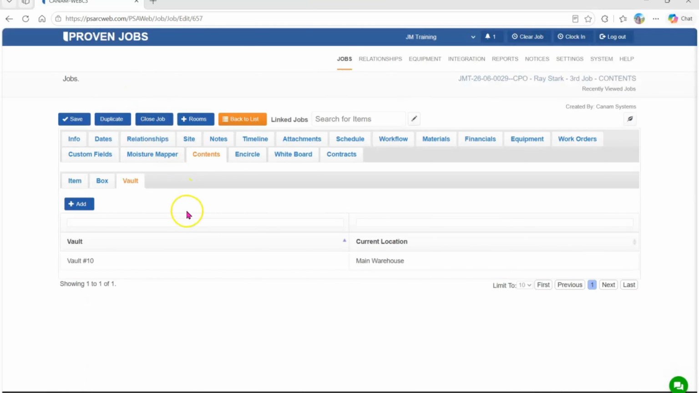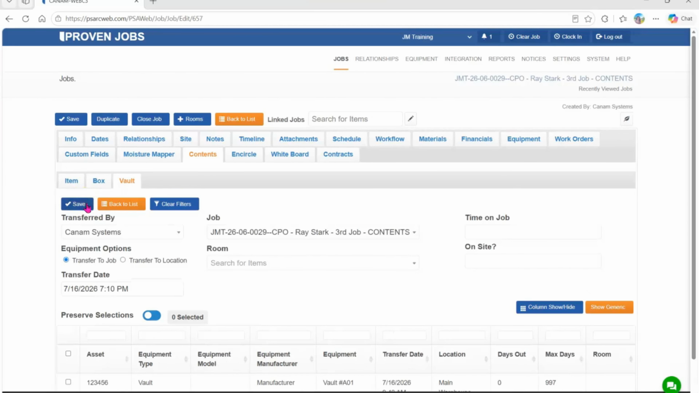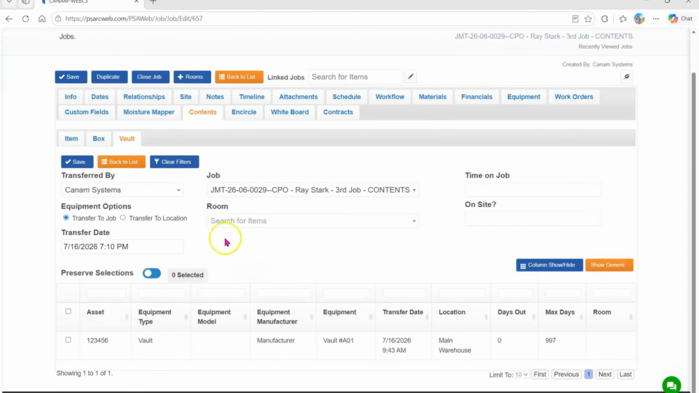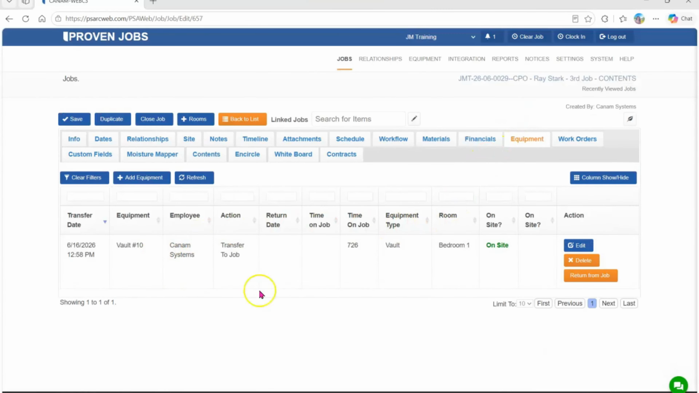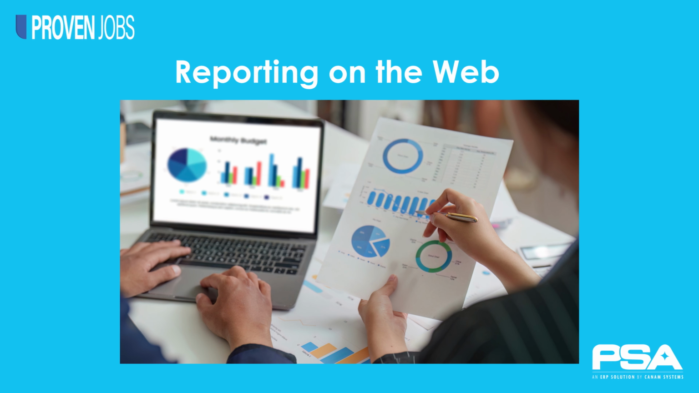Finally, open the Vaults tab. Here you can view all vaults currently assigned to the job. If additional vaults are needed, simply select the plus add icon to assign more vaults. Any vaults assigned to the job will also appear on the Job's Equipment tab, where they can be included in job costing. Let's take a look at the reporting options available in the Proven